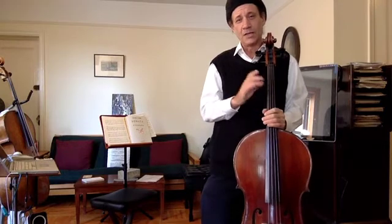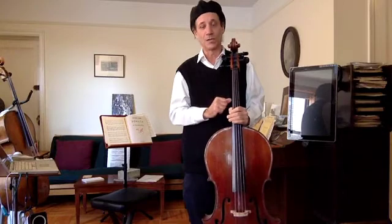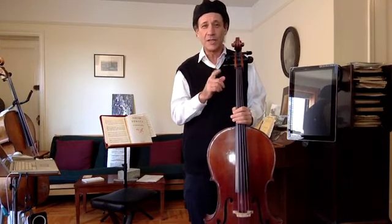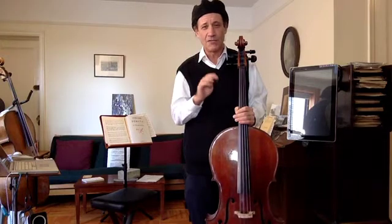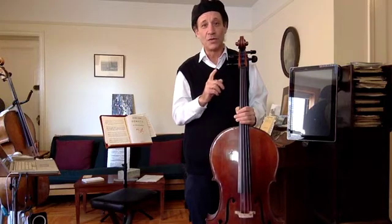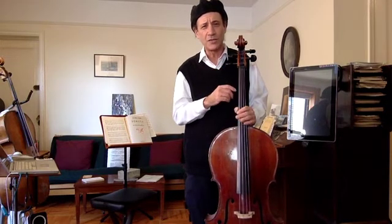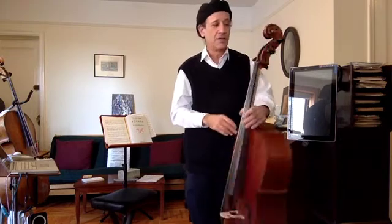Now, an important thing to notice, this will all work if your cello is in working order. And you might think, because you've had difficulty with your pegs, that your cello is not in working order. The way you can tell is when somebody like your teacher tunes the cello. If they swear more than 4 times, and if they use certain words that I cannot use in this video, then you know your cello is probably not going to be easy for you to tune. But if they tune your cello relatively easily,